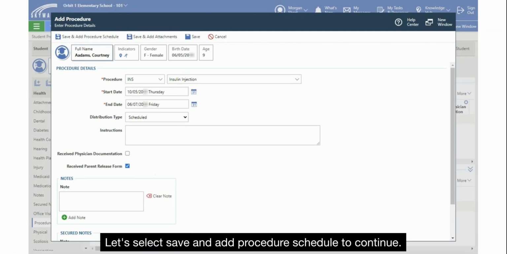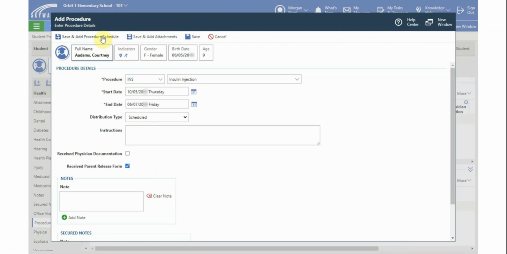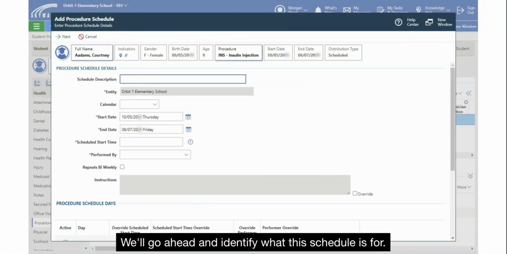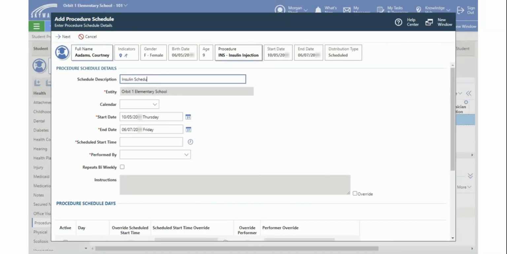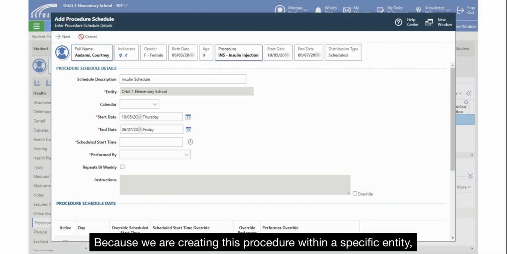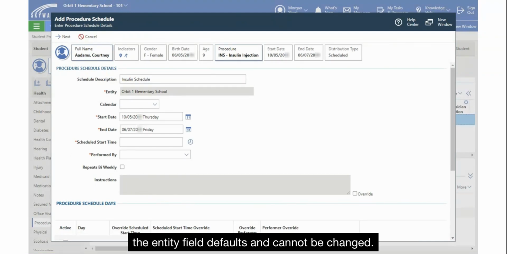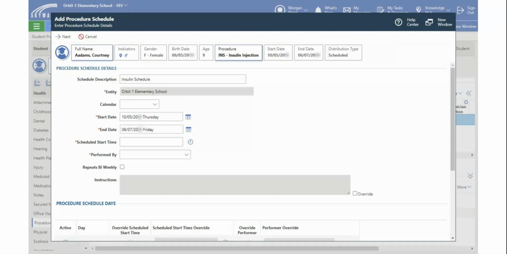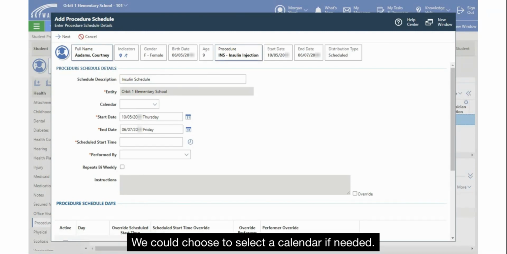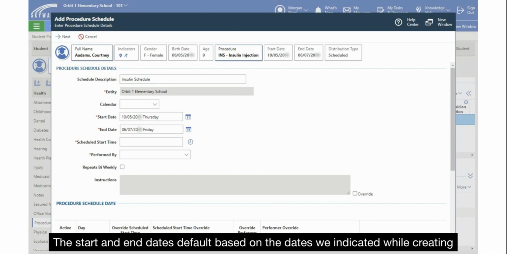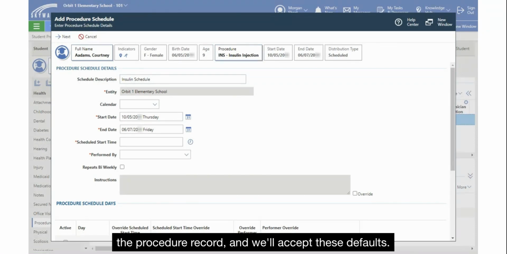Let's select Save and Add Procedure Schedule to continue. We'll go ahead and identify what this schedule is for. Because we are creating this procedure within a specific entity, the entity field defaults and cannot be changed. We could choose to select a calendar if needed. The start and end dates default based on the dates we indicated while creating the procedure record, and